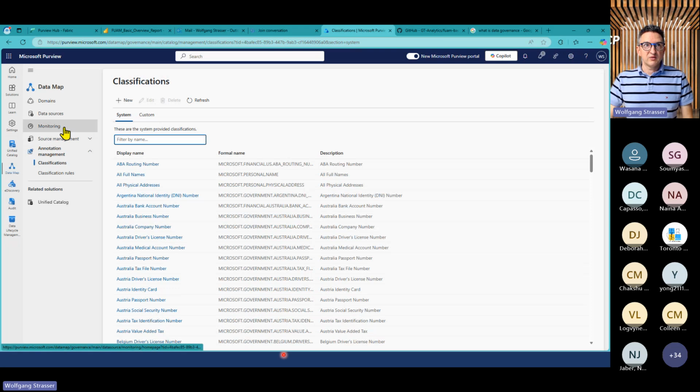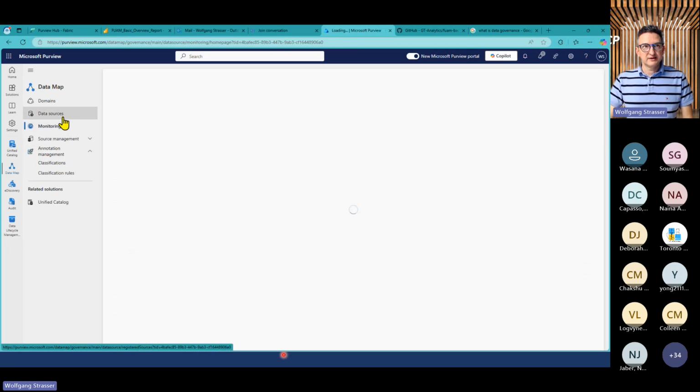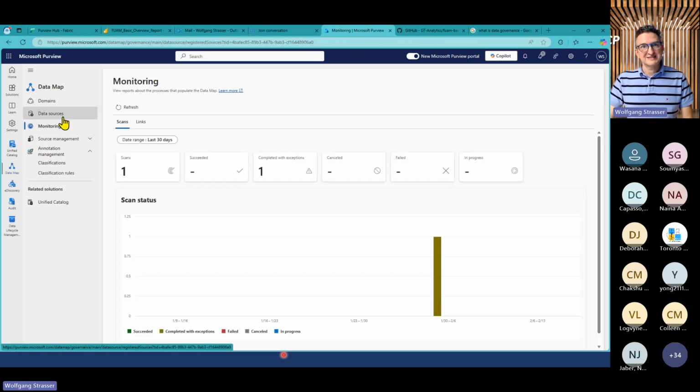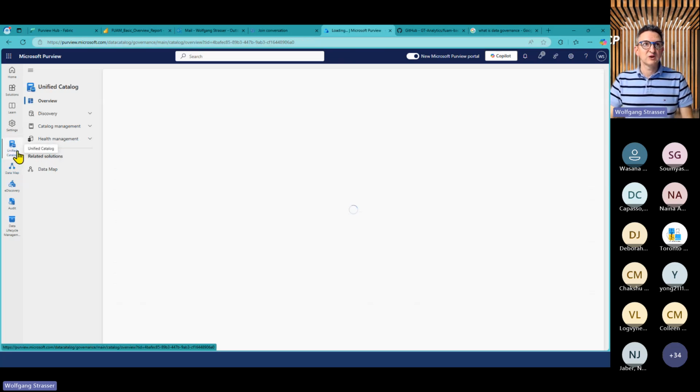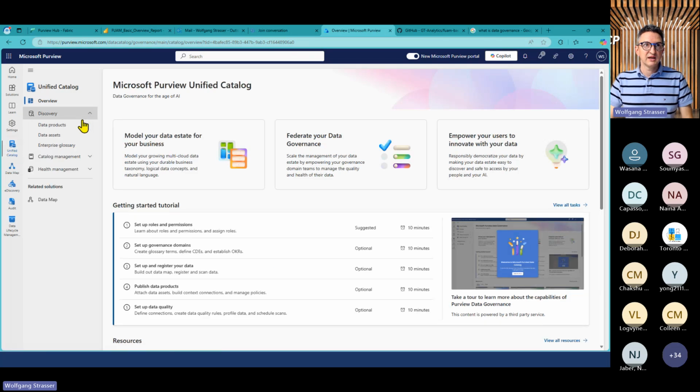And what is the result after a scan? Well, we got a list of data assets. And that is the thing where I move from the data map. So that is the technical foundation, the data map. What are the different services? How are they connected? And we can have a look in the data catalog and have a look at the